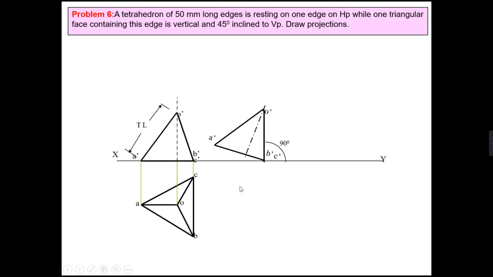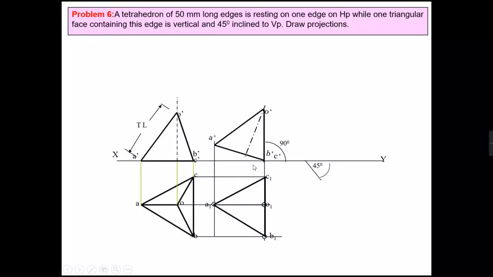After it, I will draw the top view of this tetrahedron. So in the top view, I will be able to see the OA, right? And the faces passing through this edge OA are nothing but OBA and OCA. So these two faces will be visible from the top view. Okay, so this is your top view.